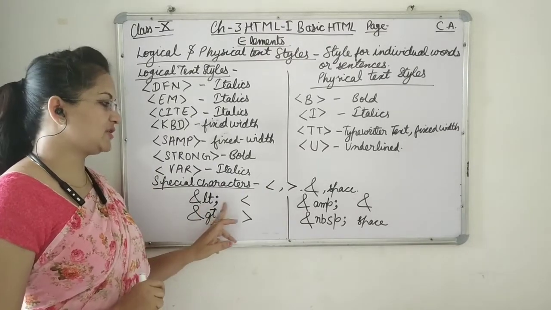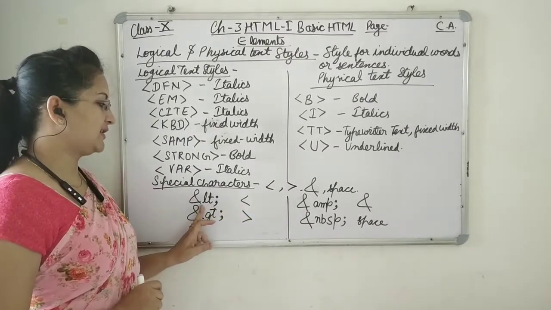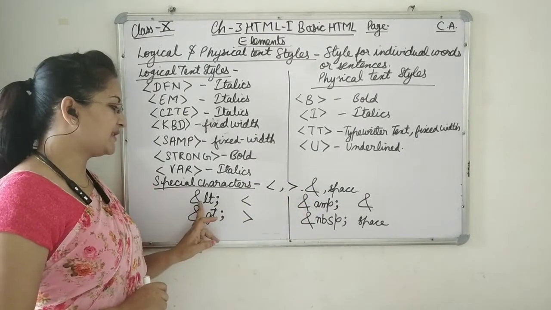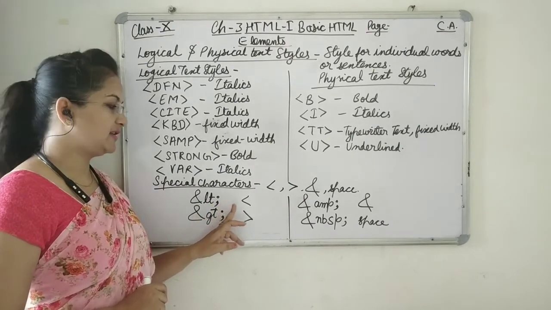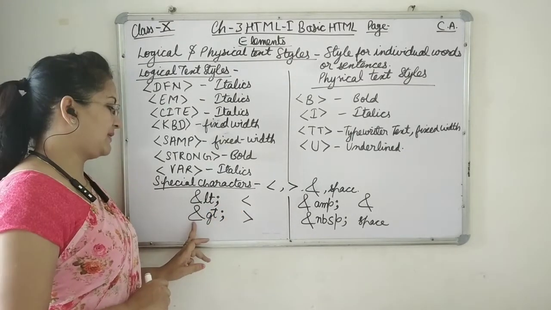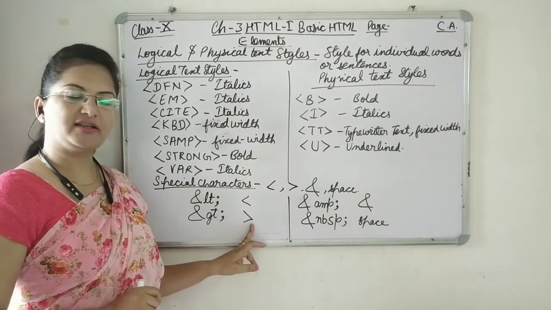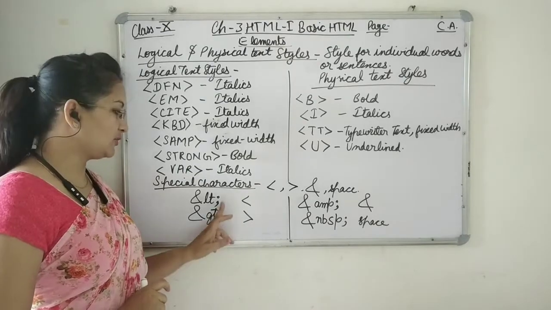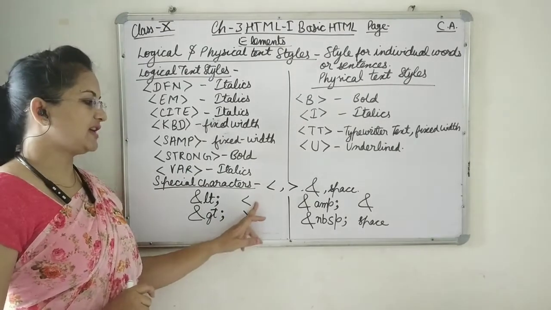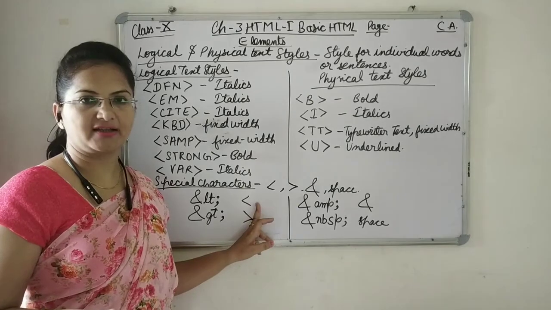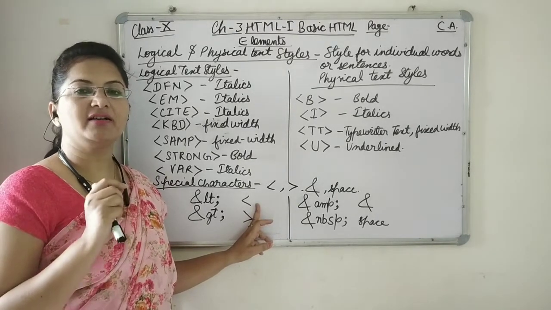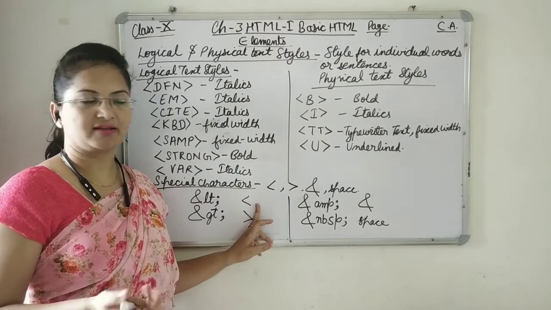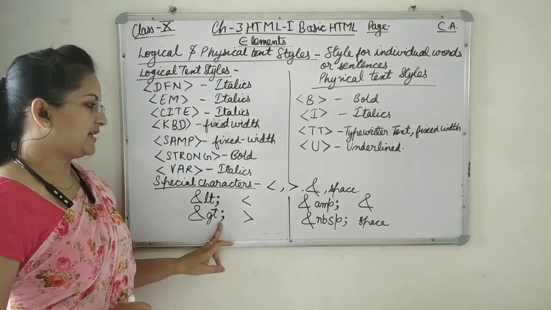We have to write this for the less than symbol. Okay, so it is ampersand. This symbol is known as ampersand. So ampersand LT semicolon means less than symbol. Ampersand GT semicolon means greater than symbol. So if we want the greater than symbol or less than symbol, then we have to use these escape sequences, because angle brackets we are already using in the tags. What if we want to display the angle brackets, meaning less than and greater than symbols, like we used to have in maths?